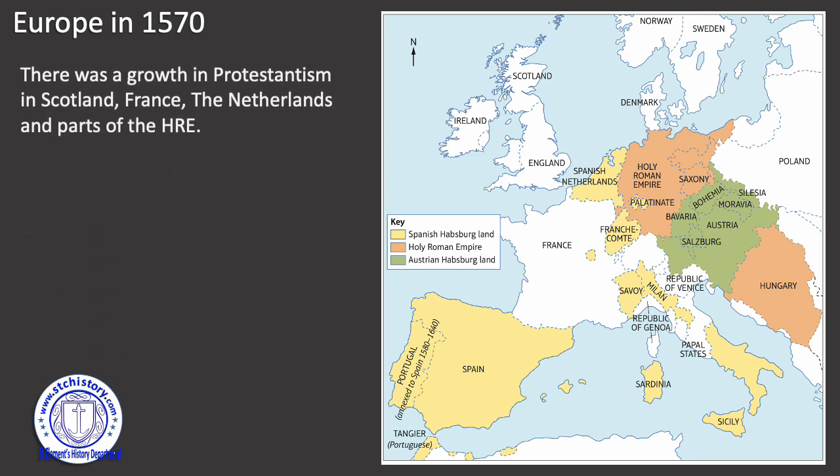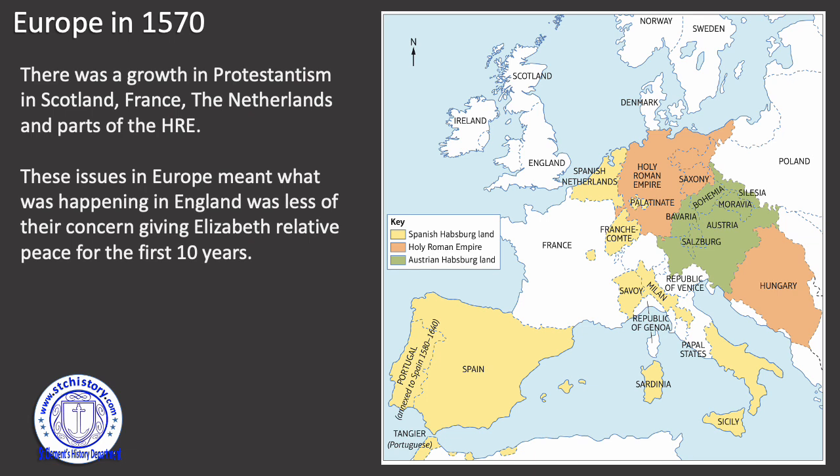Alright, so there is a growing Protestantism in Europe, as we know. Started off in those German states by Martin Luther, a protest against the Catholic religion, if you like, and it's growing. There's Protestants in Scotland, France, the Netherlands, and in parts of the Holy Roman Empire where it sort of came from. And obviously, as we know, England is Protestant because the Queen is Protestant. So it's there, it's spreading, and as we talked about last lesson, that's where the Pope is on this counter-reformation, determined to overthrow it at source and rid the world of these Protestant heretics.